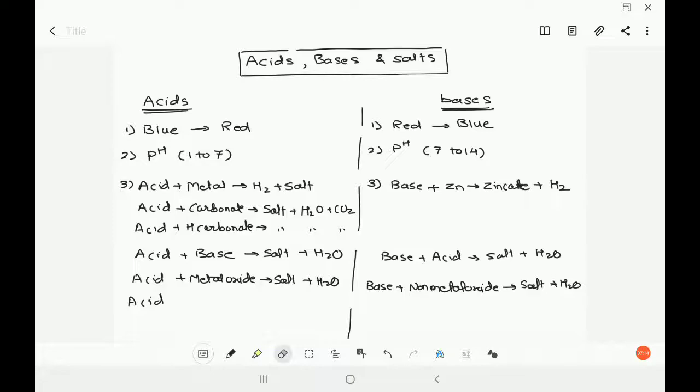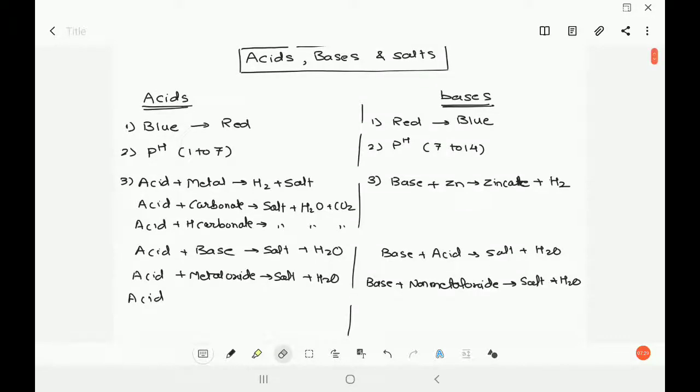So let me tell you, 7 is neutral. If you test water, it will give you 7 on the pH scale. But if you take acid, it goes from 1 to 7, and base goes from 7 to 14. If the number is 1 to 3, it is acid and it is quite strong. Okay, after 3 it starts becoming weak. And for base, if you find numbers like 12, 13, 14, then it is a strong base. Okay, and before that it is weak.